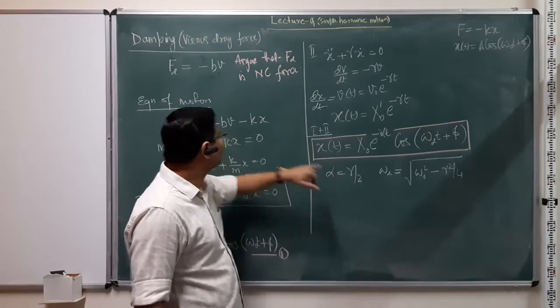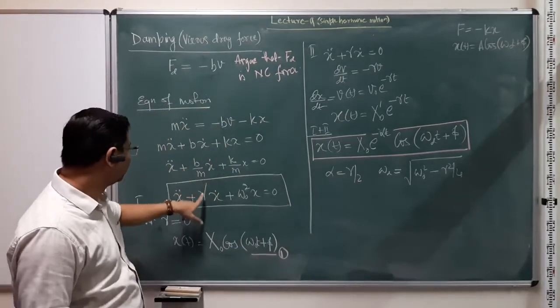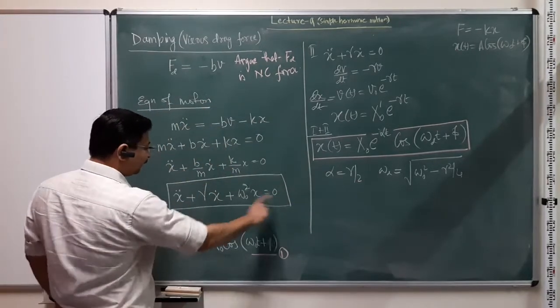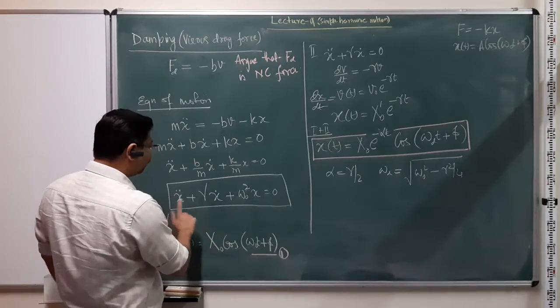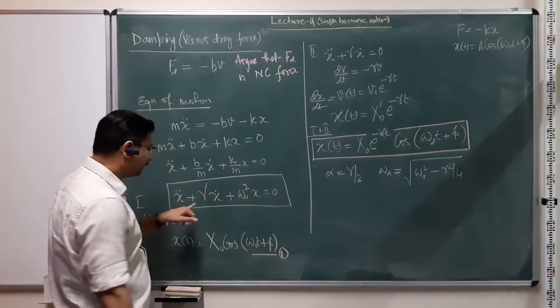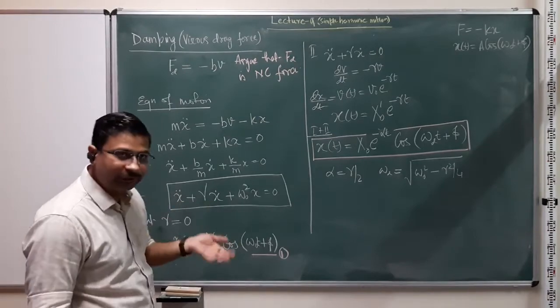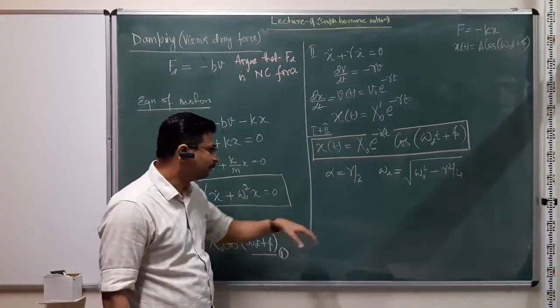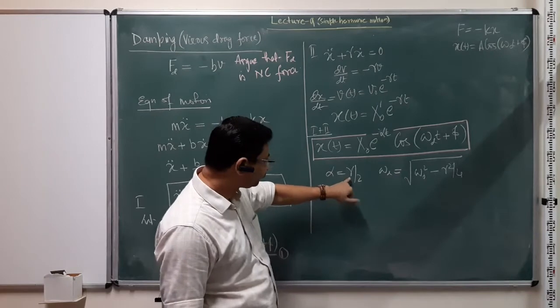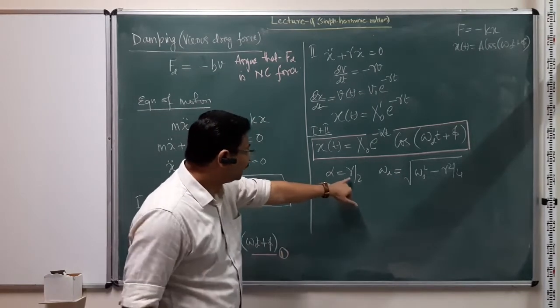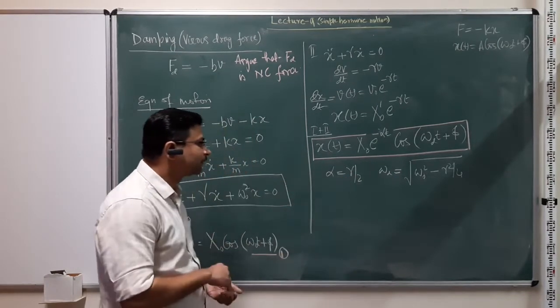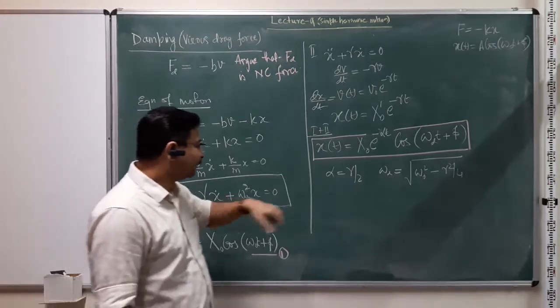This term again, if you look at the dimensions of gamma here, right? So anyway, since it is a homogeneous equation, all the dimensions are going to be same. So dimension of gamma is also 1 over time. Omega is also going to be 1 over time. So this is also some kind of parameter which determines a characteristic time. But anyway, we'll discuss that later.